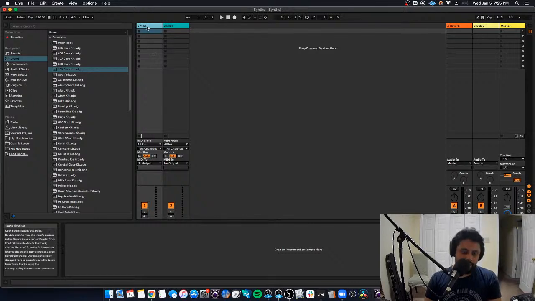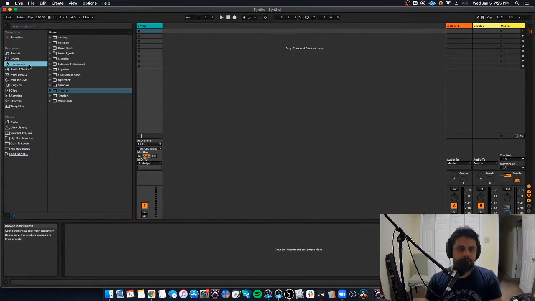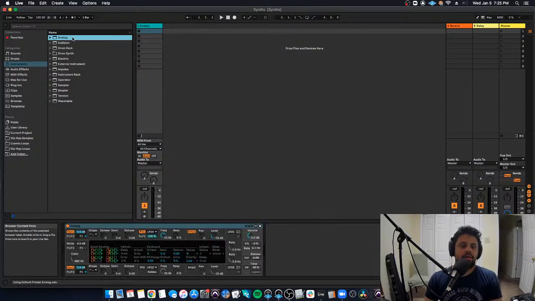So I'm going to get a MIDI track loaded up, and then I'm going to go to my instruments. And up here, there's a little instrument called analog. If you're working on the full version of Ableton, you should have it. If not, you can load up any synthesizer you want that actually has access to basic sine waves and square waves. But here you go. This is the analog plugin down here. And it's actually a pretty basic synthesizer, but it's perfect for me to explain what's going on